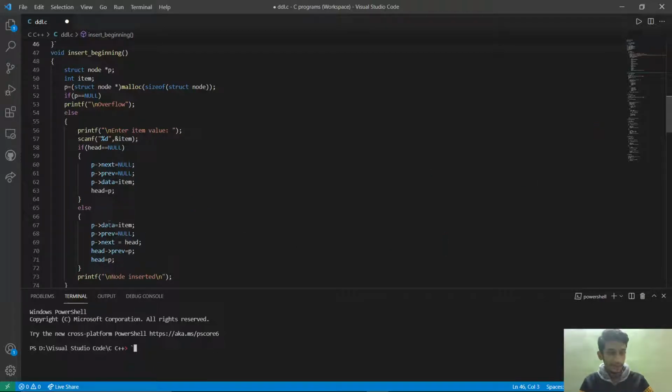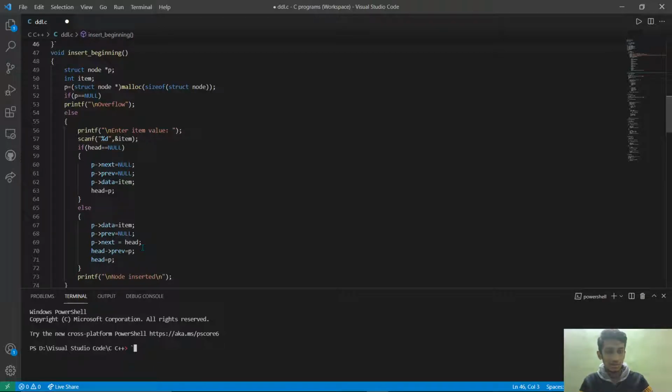And then else, p data is item. After creation, the head will not be equal to null, it will have some value, it will be pointing to p now. So the next time we add another node in the list, it will go here, take the value we got over here and place it here. Because we are inserting at the beginning, there will be no previous node, so we make the previous null, and the next node will be our head.